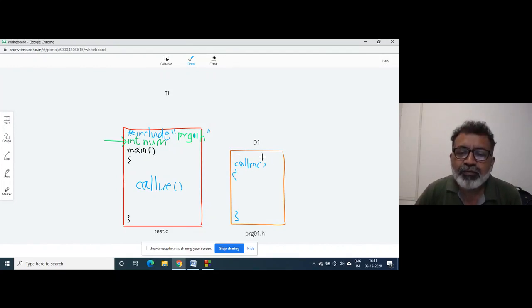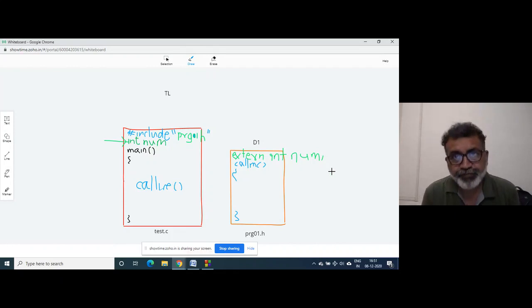So if D1 wants to use the variable num in his file, he will write here extern int num. This is a semicolon, not a comma.